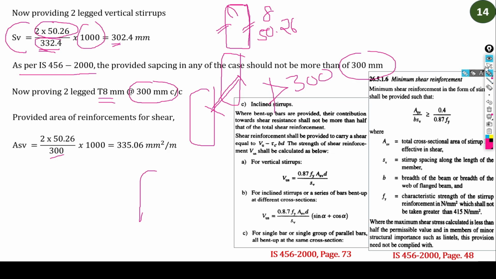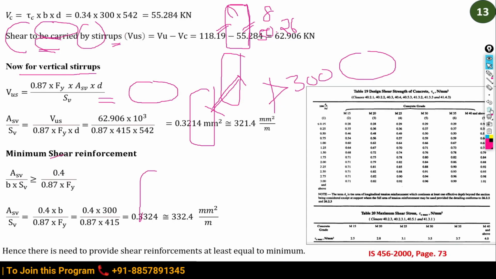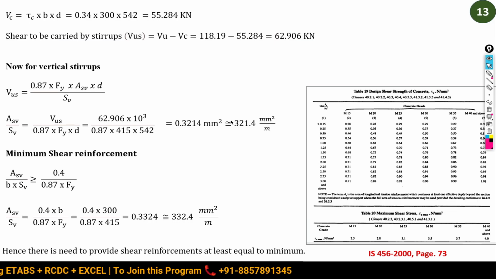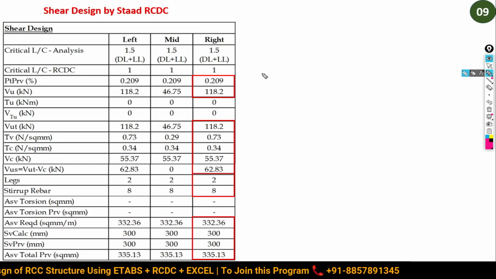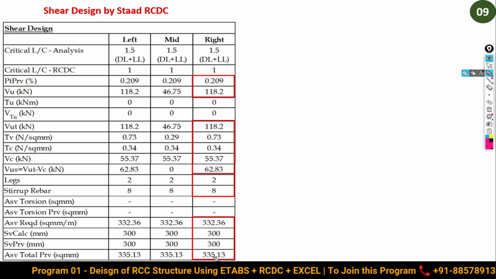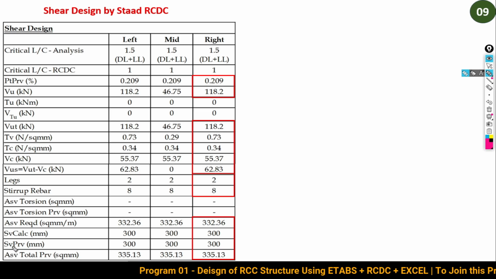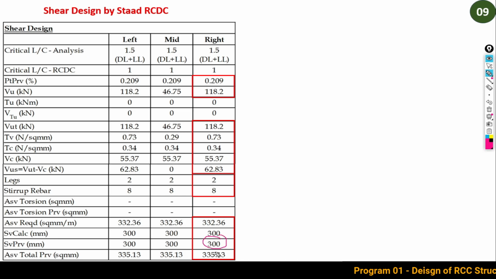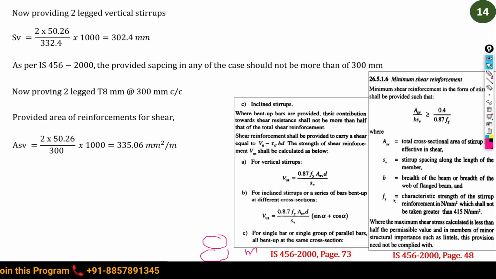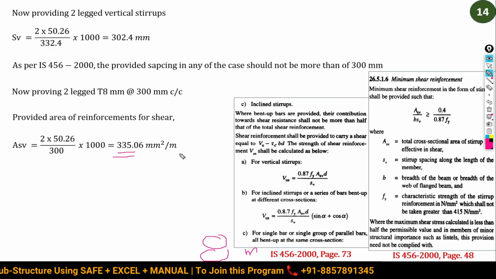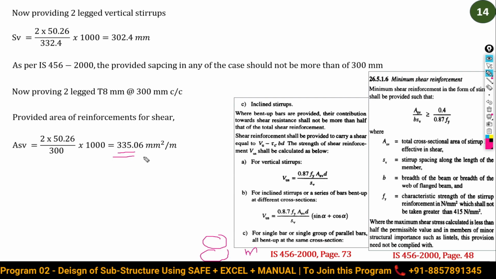Now let's check this calculation with your STAAD RCDC. So I am going to check what RCDC has done for the shear reinforcement design. So here we are having the shear design. Finally the RCDC has provided the spacing as 300 mm and total area provided 335.13 mm square area of the reinforcement. So let me show you here, 335, we also have calculated provided 335.06 mm square per meter span of the